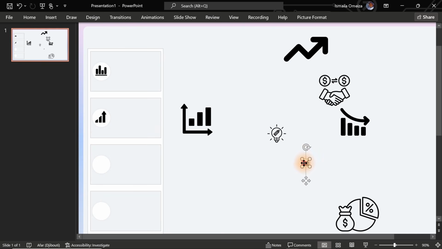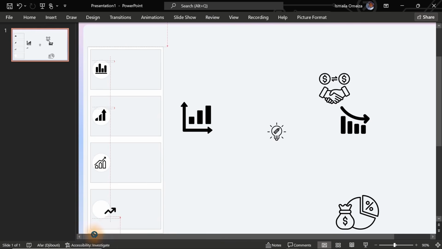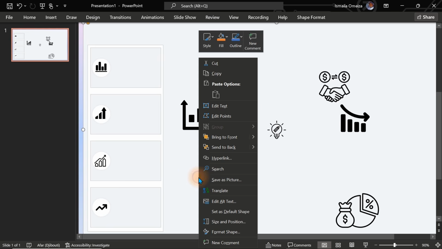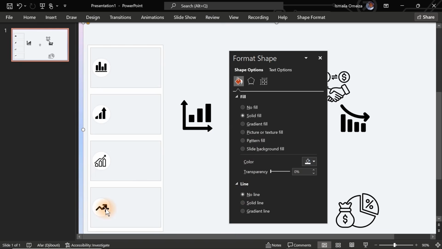Next again is going to be this very one here. Bring this one in here. And finally over here, we're going to reduce this one, reduce it, and bring it in here. So once I'm done with this right now, the next thing I'm going to do is to right click again and bring this particular shape format here. So select all of them,